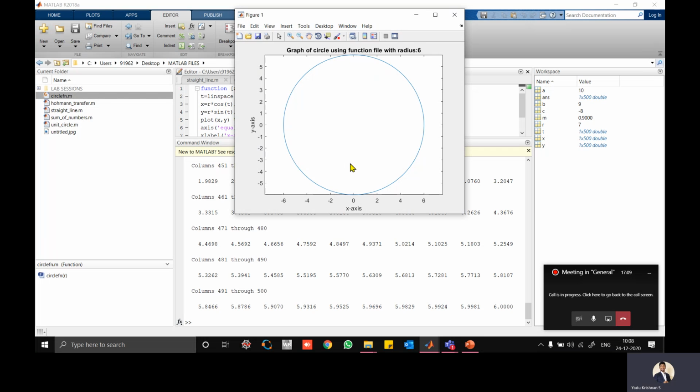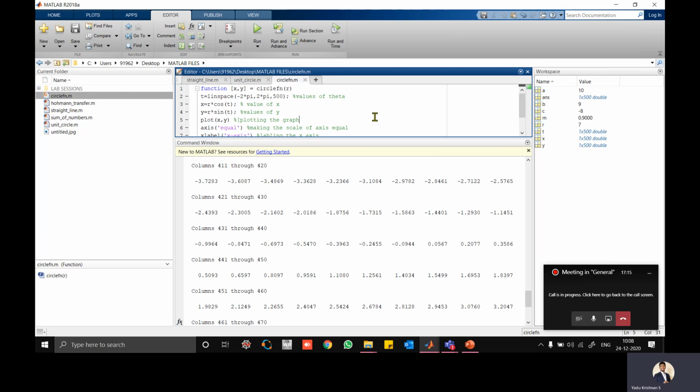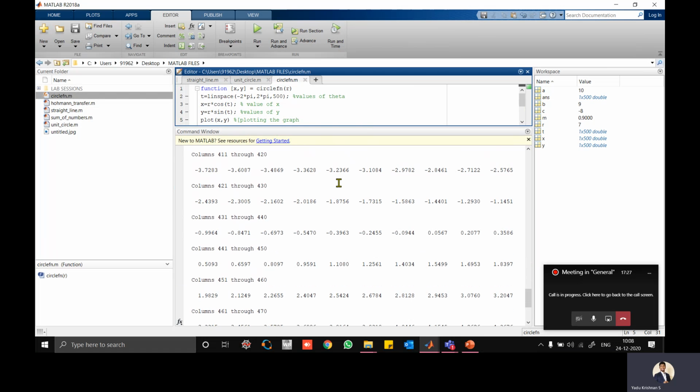You will get the circle of radius r. Everything is proper. These values are coming here because, somewhere we did not put a semicolon. Yes, so x and y. These are nothing but the x and y values, since they are the output argument.